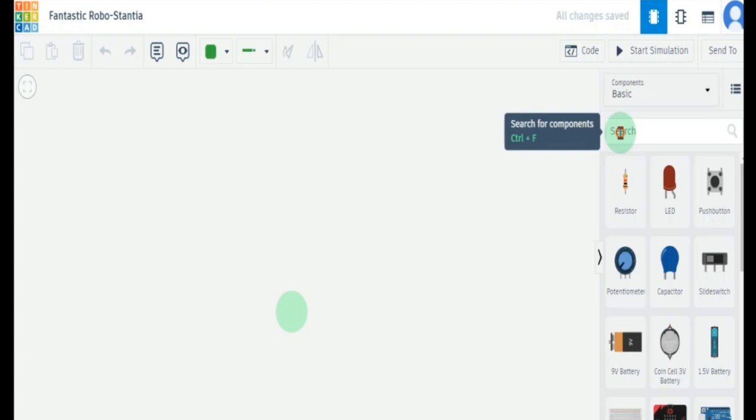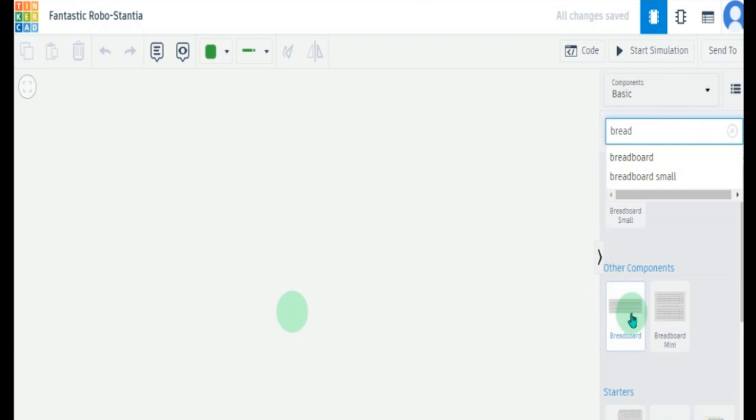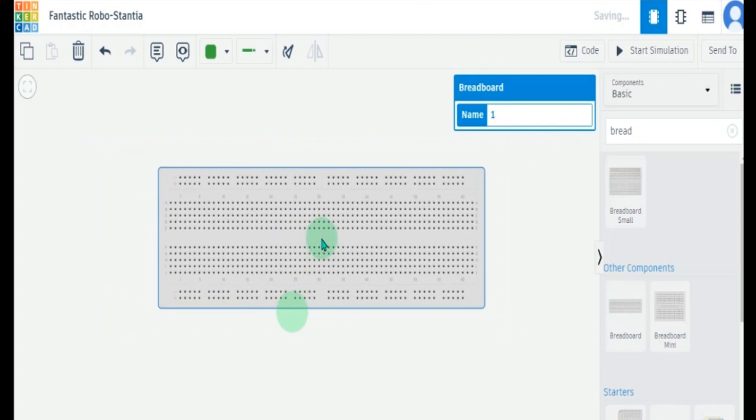So first of all, what we have to do is to write here breadboard and drag and drop the breadboard into our project. First of all, there is a need to understand the connections in the breadboard. You can see the connection in the breadboard is from this point to this point and from this point to this point, which means if you connect a wire here, you can extract the connection from here, and if you connect a wire here, you can extract the connection from here and also from this line.